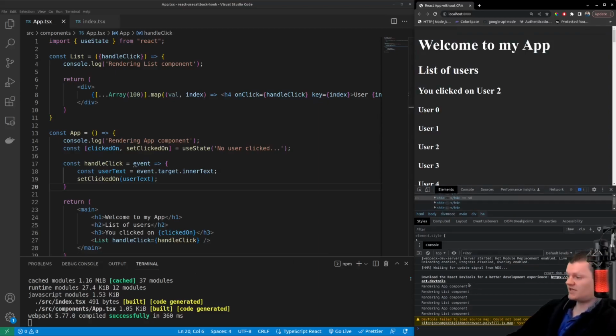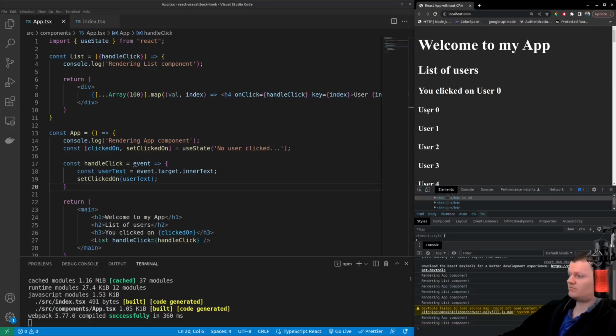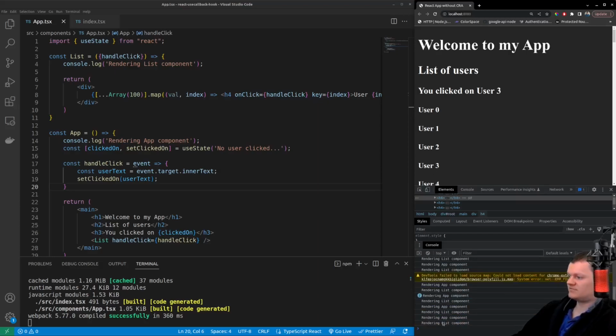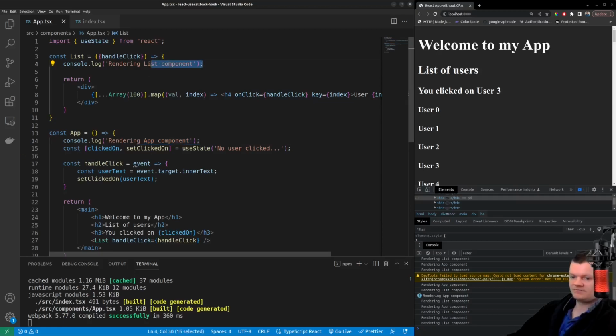and we can see that as the state is changing, the app component and list component are both being re-rendered. As we can see, both of them are rendering, which we log here and here. And the list component is being re-rendered because when the app component is re-rendered, the handleClick method is being recreated. And as the handleClick method is passed as a prop to the list component, so it's passed here,